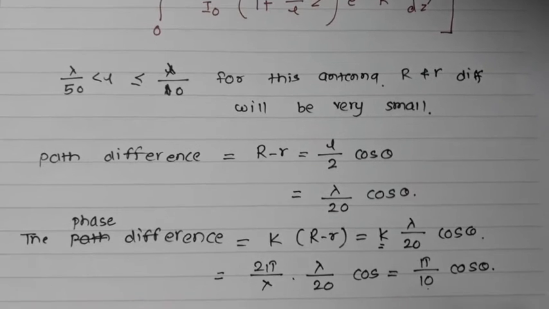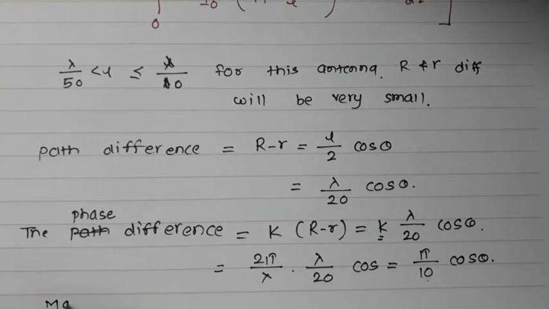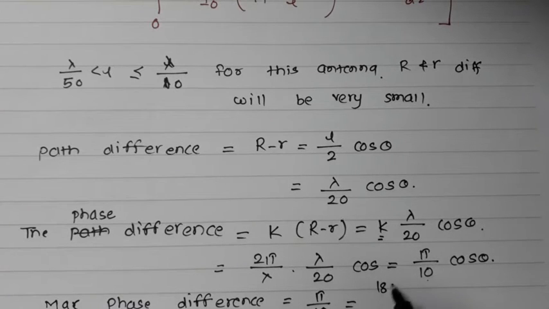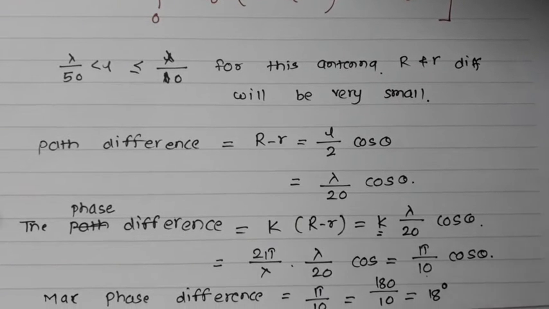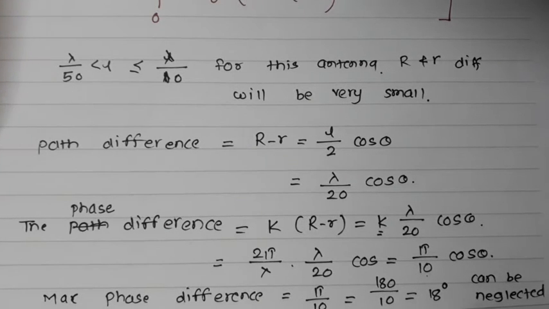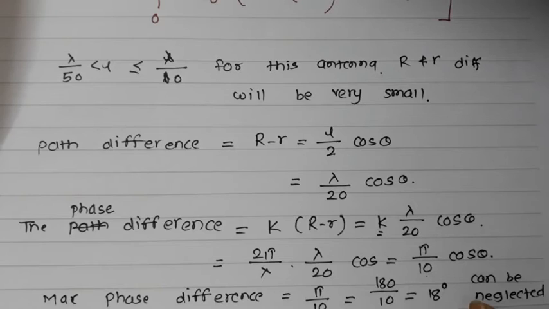So I can say here the maximum phase difference is equal to pi by 10, which is nothing but 180 by 10, which is 18 degrees, and it is very small, hence it can be neglected. So here we can neglect this particular phase difference. If we neglect this phase difference, the above equation which we have calculated previously, we can write like this. So here the equation will become